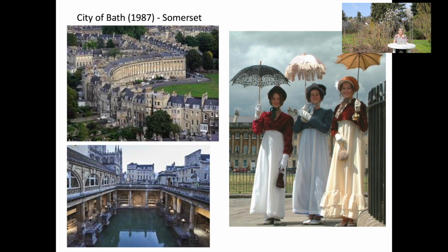by the Romans, basically recycling or developing the already existing Celtic healing temple. The next, let's say, period of greatness for the city of Bath was in the 18th century, when it became a very fashionable spa town for the aristocracy and generally the rich people who visited the baths for, let's say, health reasons. And also spend time socializing, and